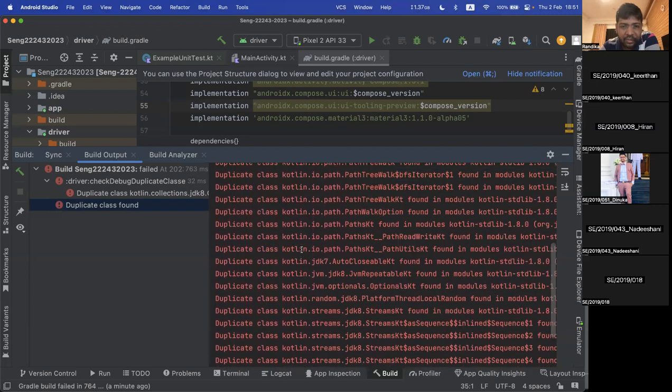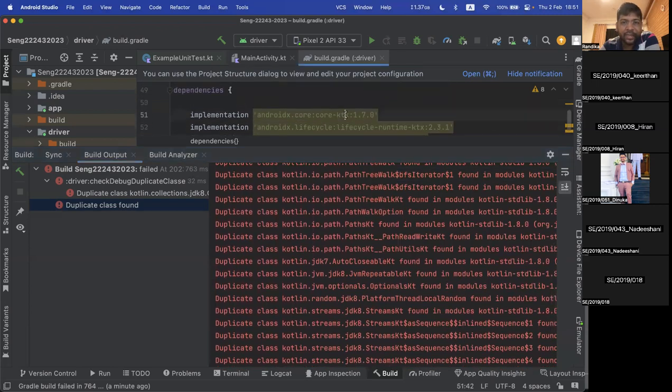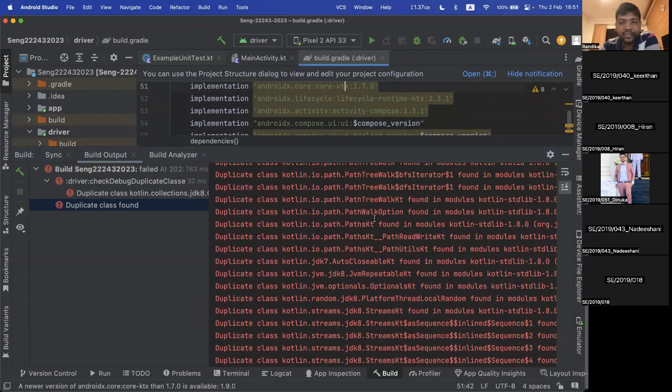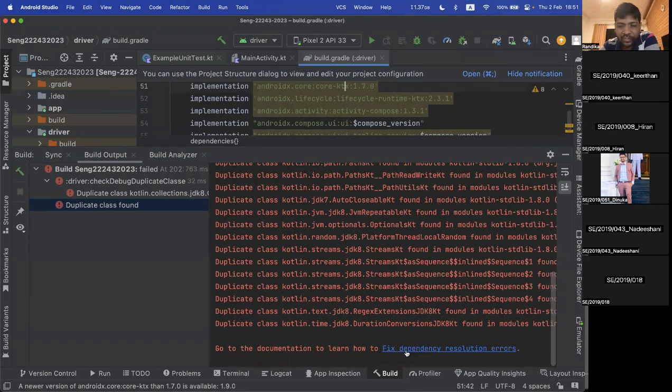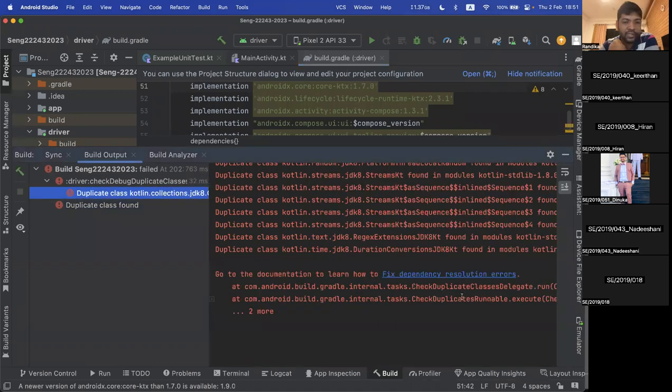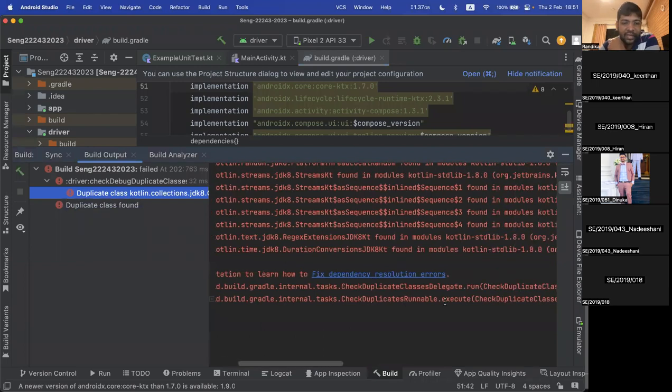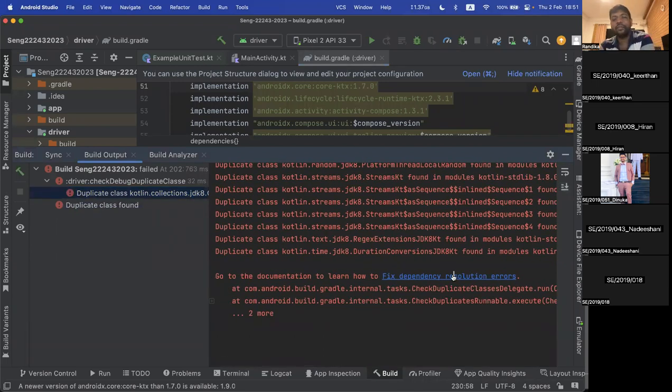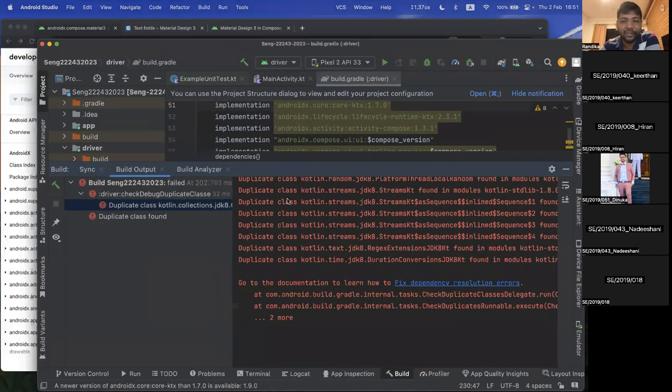Probably by increasing the Kotlin version, they might go away, but we will do a quick fix. How to fix these dependency resolutions? Of course, there is documentation pointing this out. We will go there and see what the recommendation is by simply adding